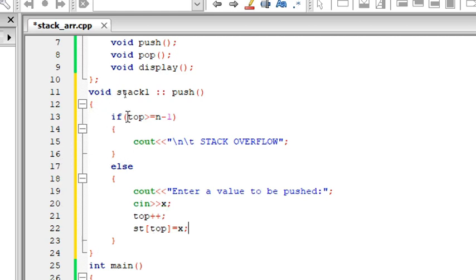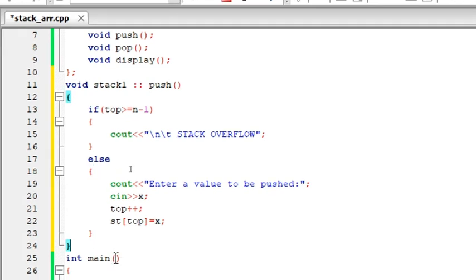Again, when you go again, the top is incremented. It turns out to be 1. So for the next value which I'm getting from the end user, top becomes 1, so stack of 1 equals the next value. Again, top becomes 2, stack of 2, next value, and then stack of 3, next value, stack of 4, next value. It keeps on going. Quite an important thing, these 2 points: increment the top and then insert the value in the array slot. That's it. We are done with the push function.